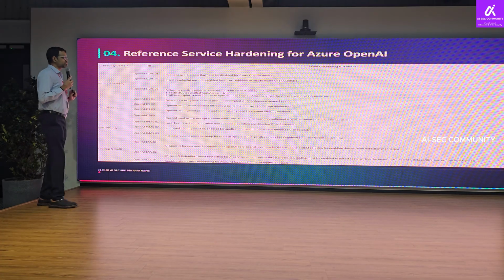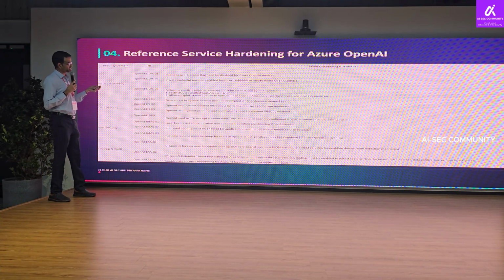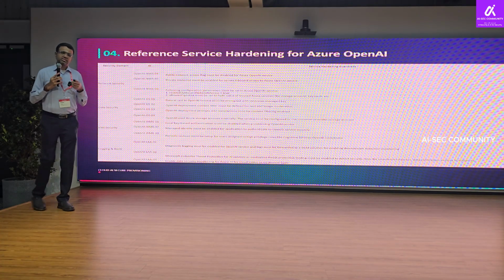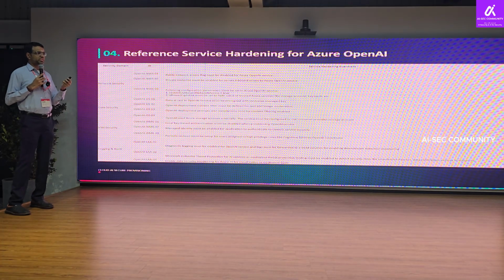There are other things, for example TLS, data in transit encryption. I've not called that out because this is where shared responsibility comes in, as most of the time TLS is also taken care of by the cloud service provider. So there are a few services where they expect us to configure it, but most of the time they take care of it.